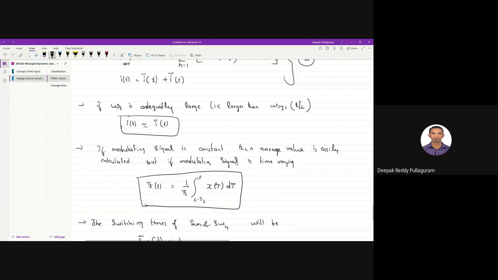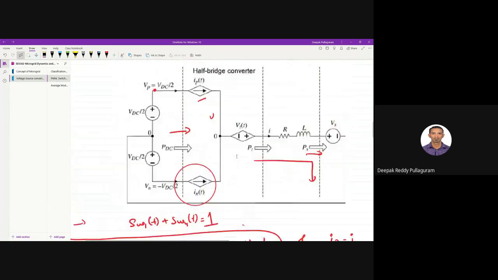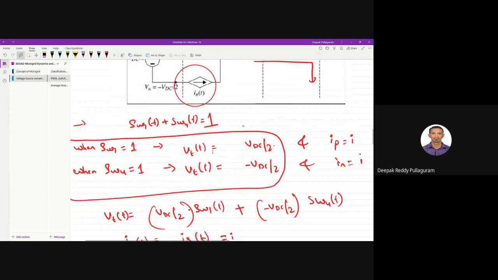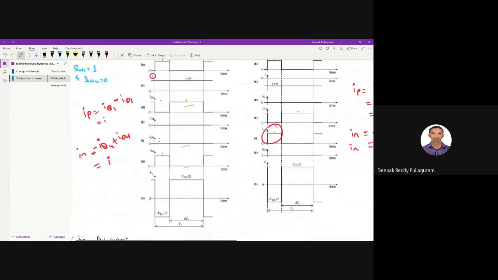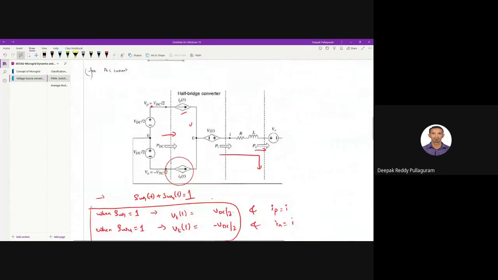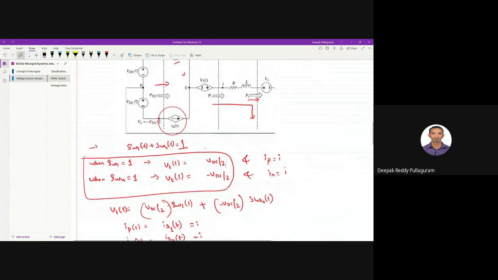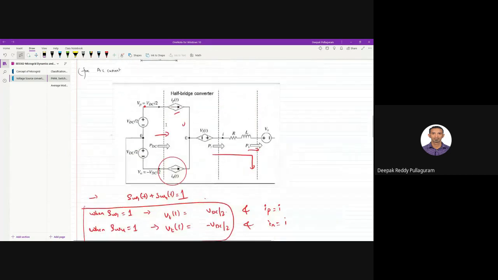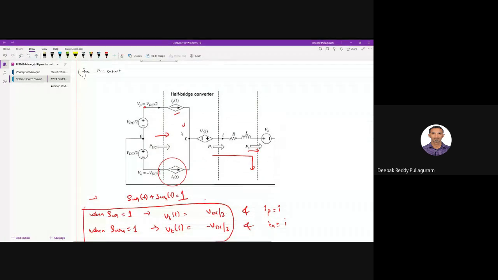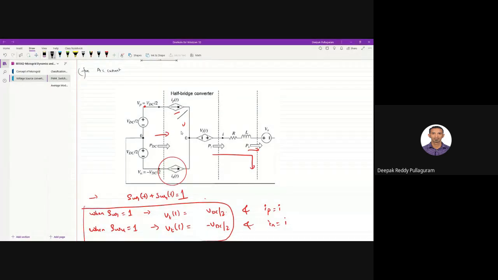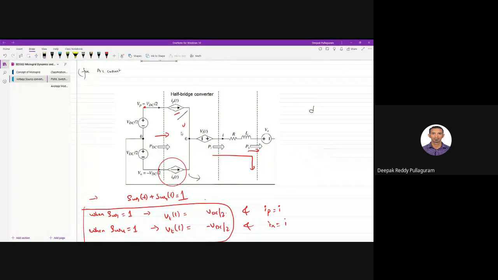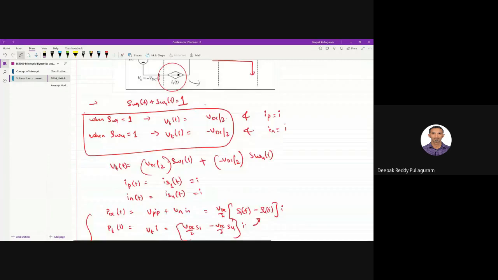Can you take this? I have written this from here. So this you wrote earlier based on on time and off time, right? We have the switching instance, and with the switching instance, on time and off time, if you know, you can do it. Generally, the switching instant of the positive cycle, like switch 1, is D times. Then what should be the other one? It should be 1 minus D times, because both are complementary in nature.